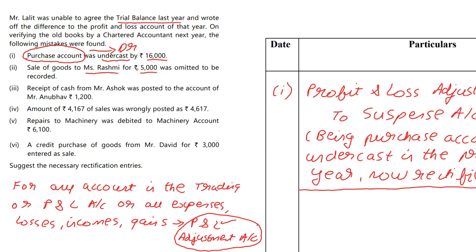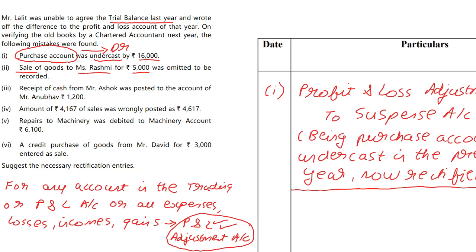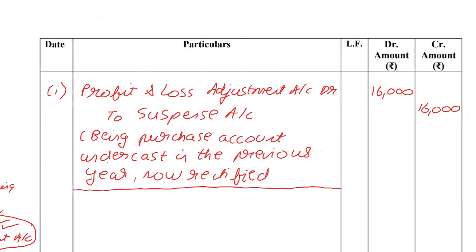But sales account itself is again something that is going to be part of the trading account, and therefore I have to replace sales account with the P&L adjustment account. Okay, so if the normal standard journal entry, which we have omitted, not written before, is Rashmi account debit to sales, it will be now replaced with